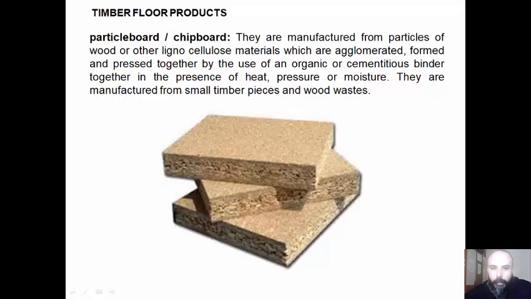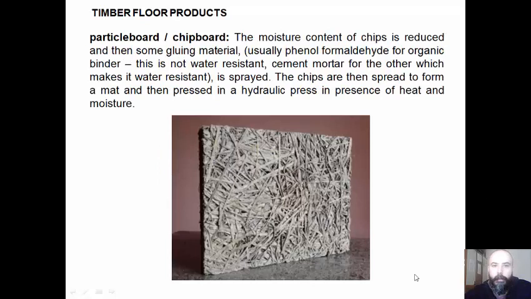Particle boards, or we can say chipboards. They are manufactured from particles of wood or other lignocellulose materials which are agglomerated, formed and pressed together by the use of an organic or cementitious binder, together in presence of heat, pressure and moisture. They are manufactured from small timber pieces and wood wastes. The moisture content of chips is reduced and then some gluing material, usually phenol formaldehyde or an organic binder,